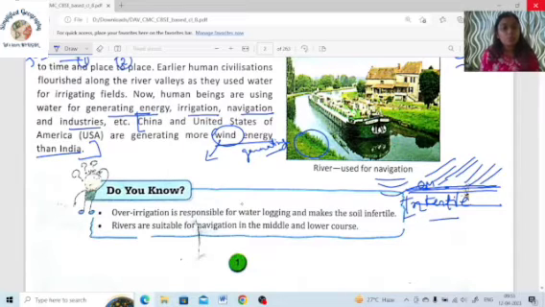Rivers are suitable for navigation in the middle and the lower course. We know we are using rivers for navigation purposes also. Okay. So moving on to the next topic,